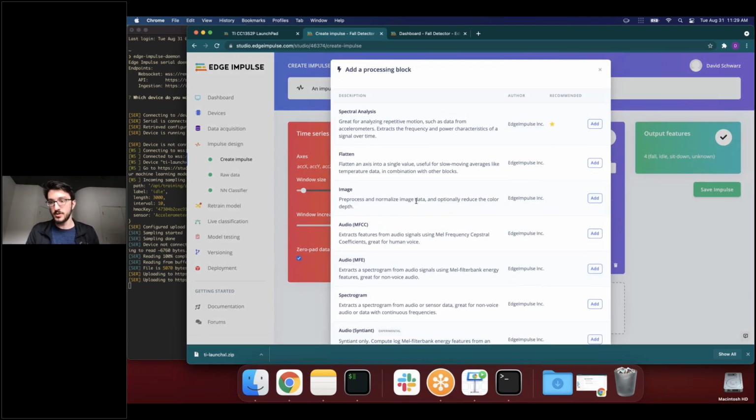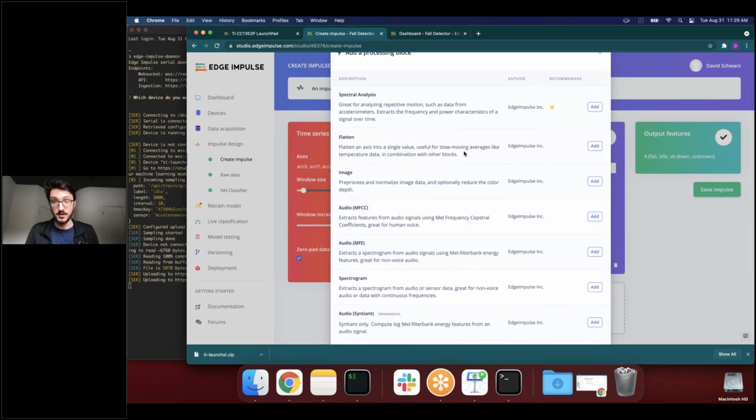We found through our research and development of working with many different companies and implementing machine learning on embedded devices that it can be very, very efficient to pre-process the data before it's sent to a neural network. So some examples of what this looks like. We could potentially create a spectrogram, a 2D image of the sensor data and its frequency content. Once we have that frequency content, we could run an image recognition algorithm on our device that can differentiate between